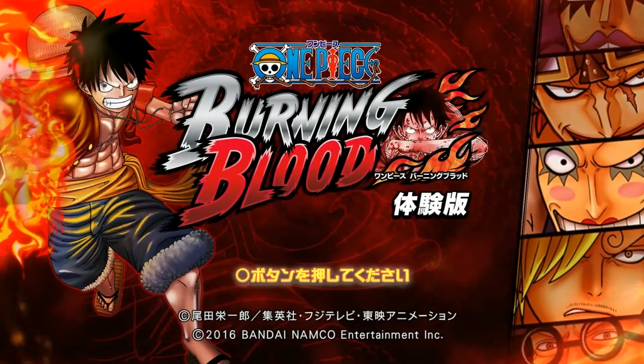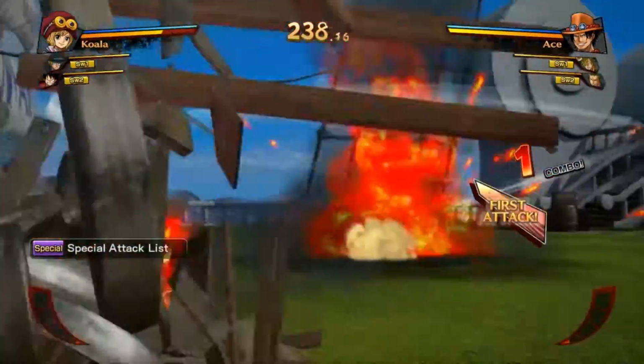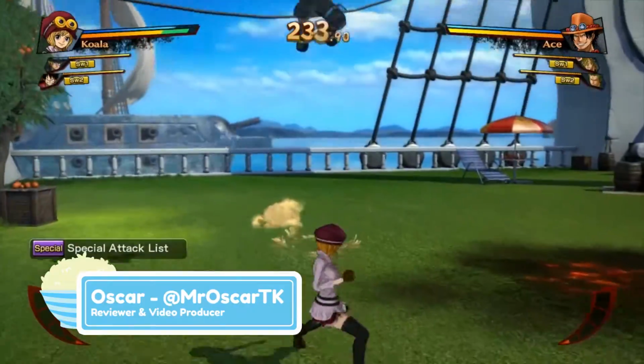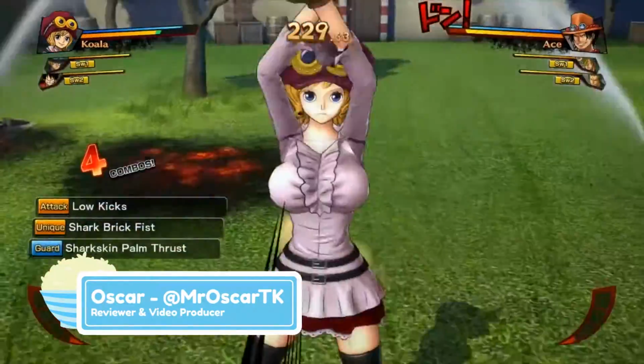One Piece Burning Blood is the first One Piece fighting game to be released in the West. It's not Spike Chunsoft's first time developing a Shonen Jump fighting game either, with them working on J-Star's Victory Versus Plus. But this is far from a rehash of the J-Star's mechanics, and is very much a One Piece game